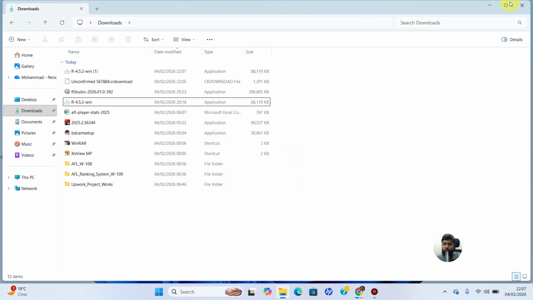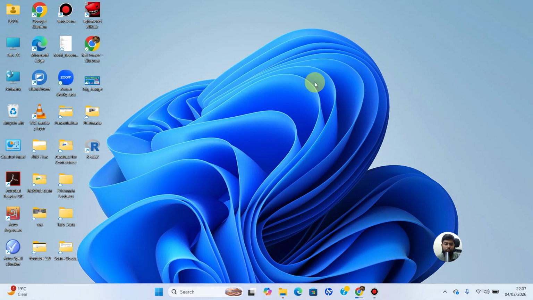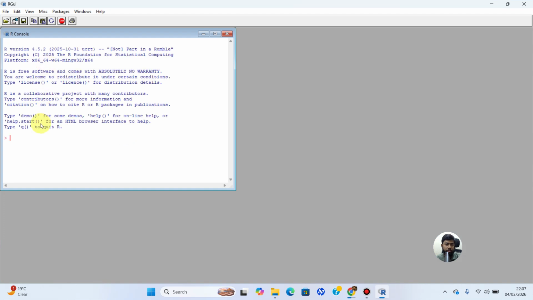It is installed. So if we go to our home page, we can see that here is the R icon. We'll double click on it to test if it is working nicely or not. So we'll write a simple code. We'll type print,